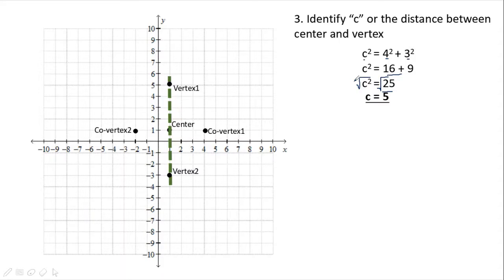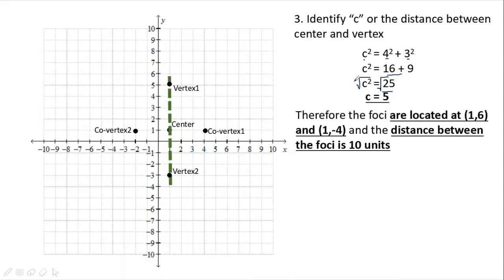Again, when we say c, this is the distance from the center to focus 1 or focus 2. So we have 2c as the distance between the foci. Meaning, if c is 5, then 2c is 10, or the distance between the foci is 10 units. Therefore, our foci are located at